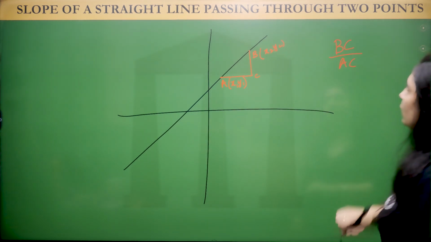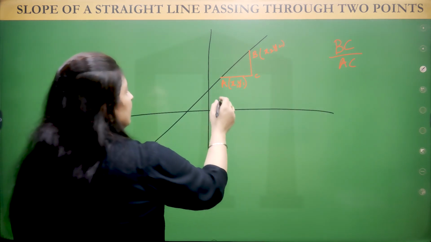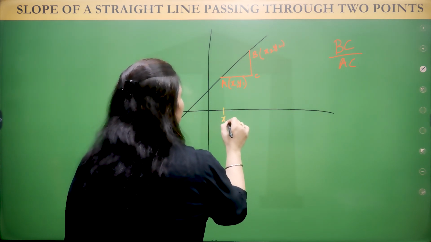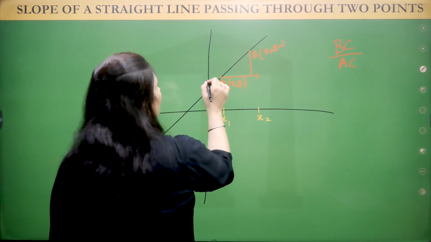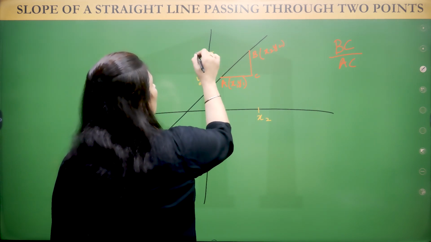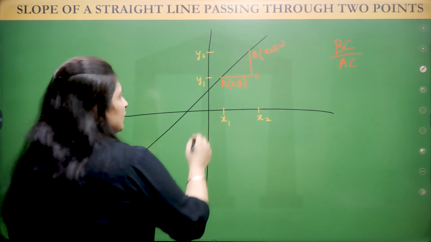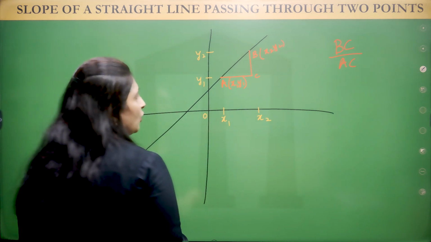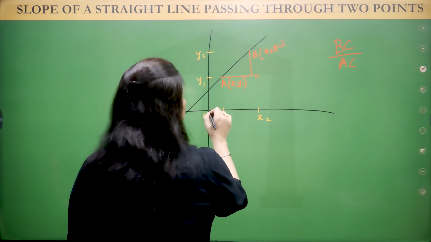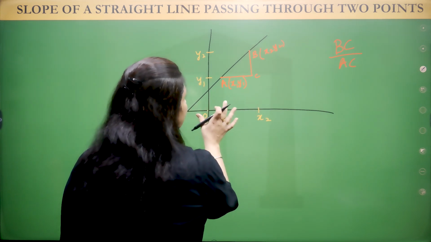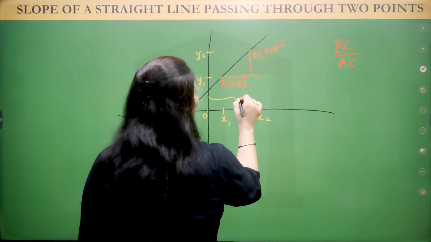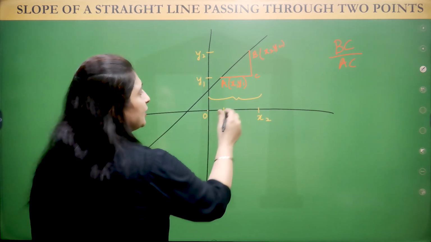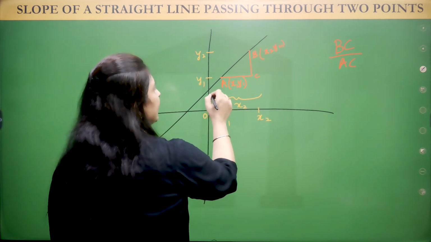Now see on the board, this is x1, right? And this point is x2, as you can see. This is y1, and this is y2, right? This is O, the origin. Just tell me, what is OC? Not exactly OC. What is the distance from here to here? Of course, it is x2, as you can see.